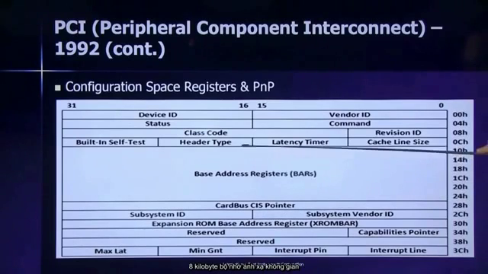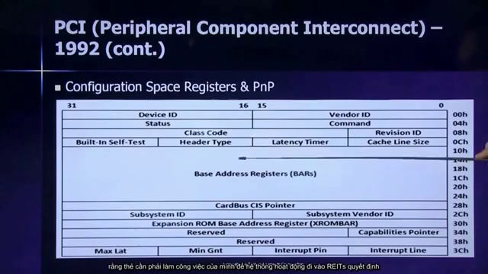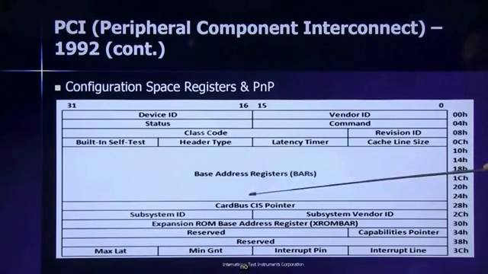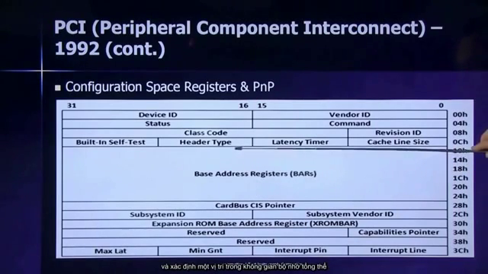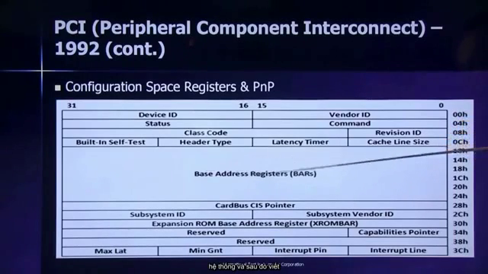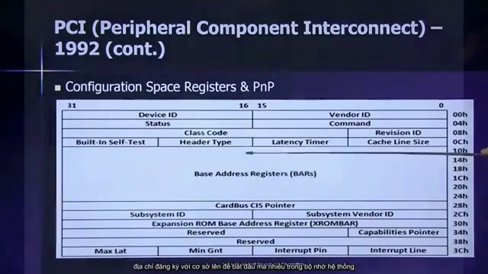So the operating system goes and reads the size of it and determines a location within the overall memory space of the system, and then writes the base of that address, and that's why it's called base address registers, the base of the start of that range within the system memory, writes it in those registers, and therefore